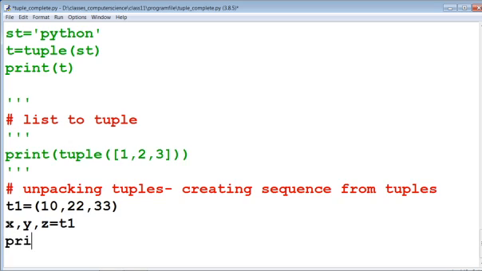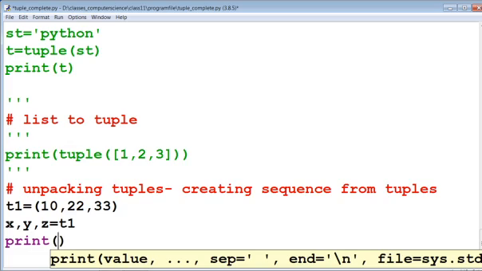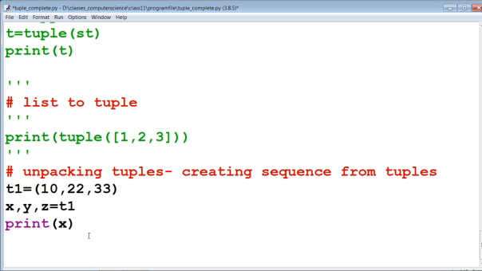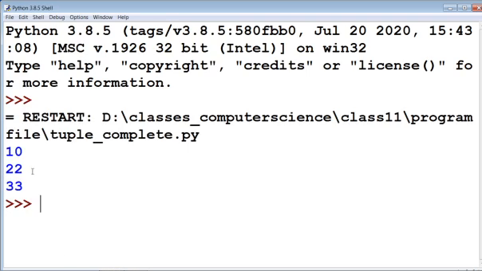Now you can print x, y and z. Now check the output. You can see that 10, 22 and 33 are unpacked from the tuple.